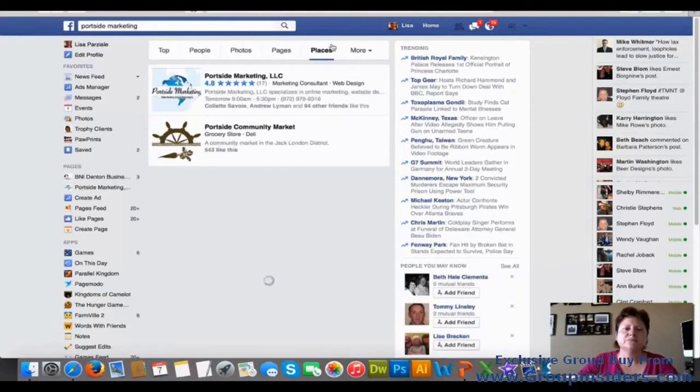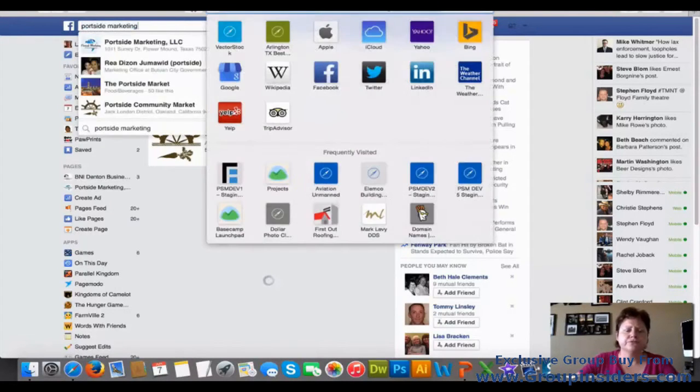Places, same thing. You're trying to see if there's any duplicate, and there's not. So there's plenty more you can do, and you can look up groups, you can look up apps, you can look up events. Again, everything you should look at. You can do the same thing for Twitter. So for example,